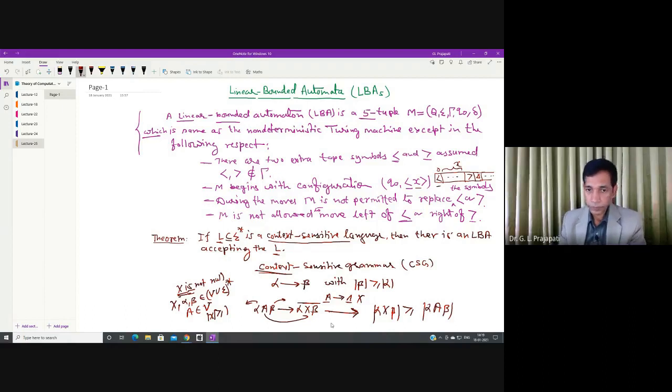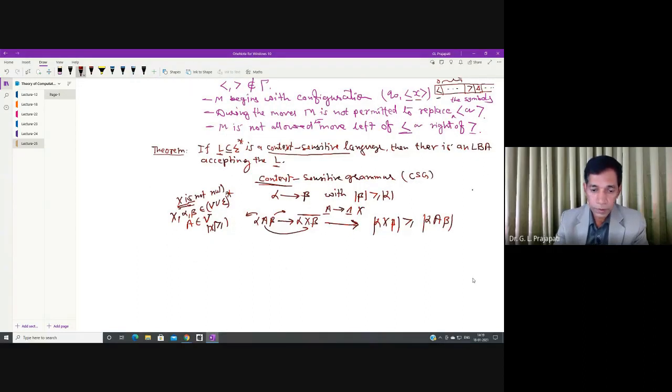Means if you are given the string x, and you want to find the derivation tree, or apply the production rules of the grammar for generating the string x, say the length of this string is n. Starting from the start symbol, since every valid sentence starts with the start symbol,